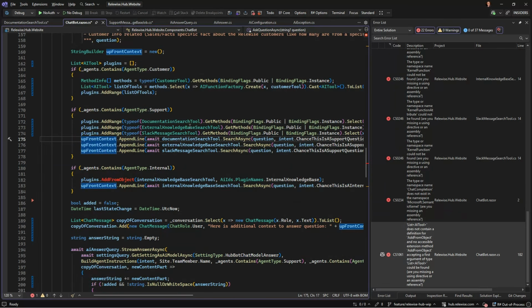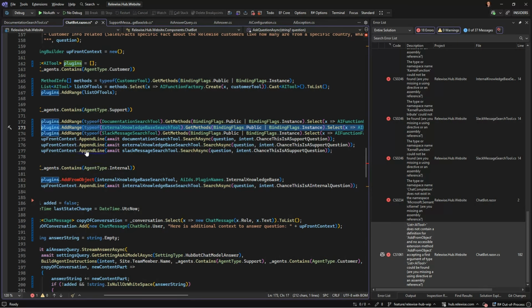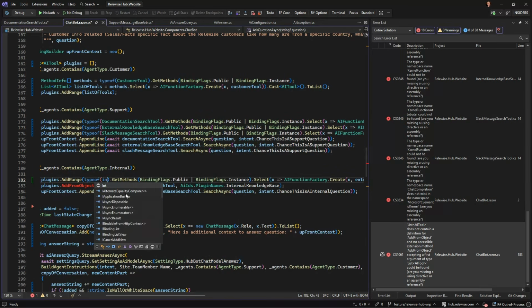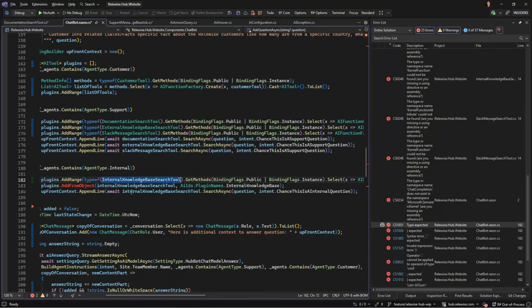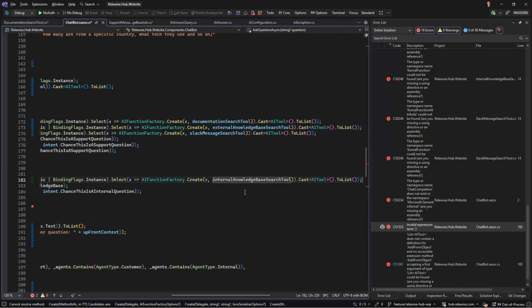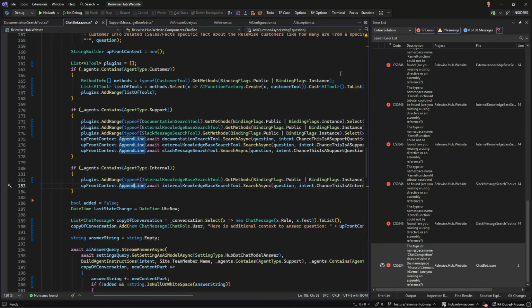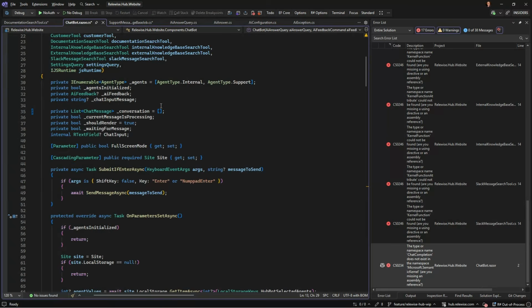But I guess we are just searching and stuff, and if we need the internal knowledge base, internal knowledge base search tool with the internal knowledge base search tool, and I guess these are done.